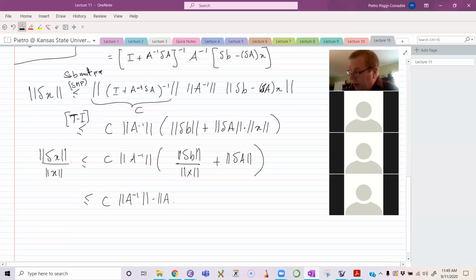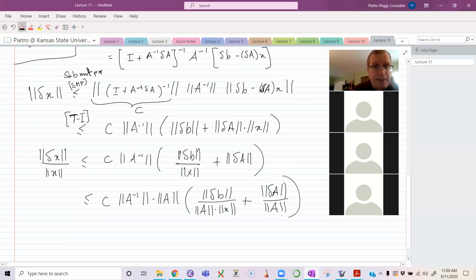I'm going to take out the norm of A, and write it like that. And the reason is because here I have a relative error in X, and it's bounded by the relative error in A. And this term here, actually,